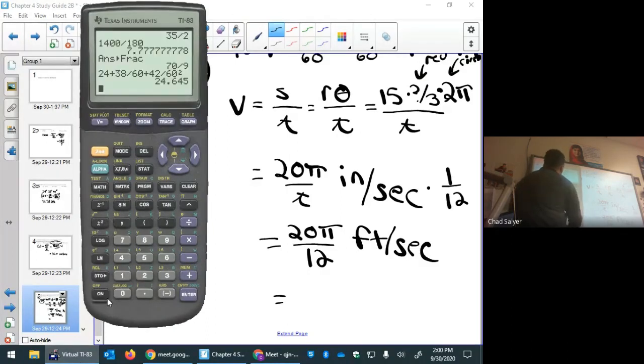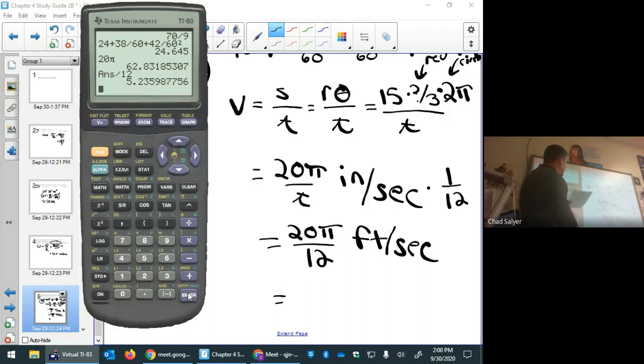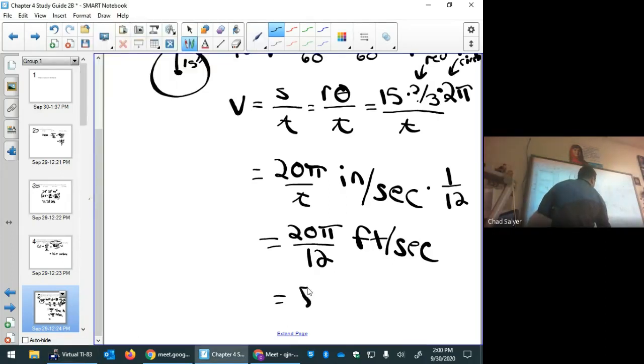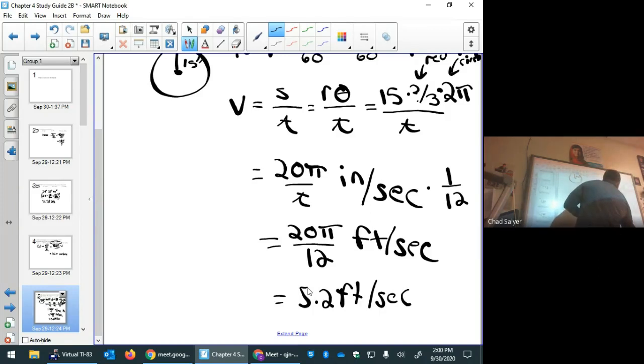Let's just see if it comes out the same. I worked it out slightly differently before. That's what I was looking at there. So divided by 12. Yeah, it's the same answer. So 5.2 feet per second. So that corresponds to